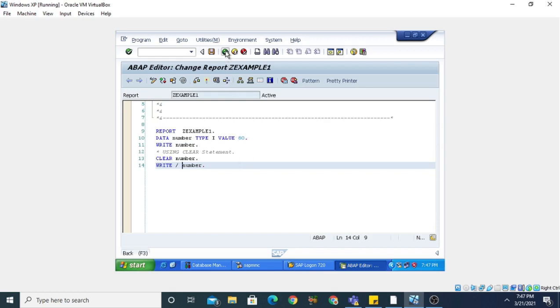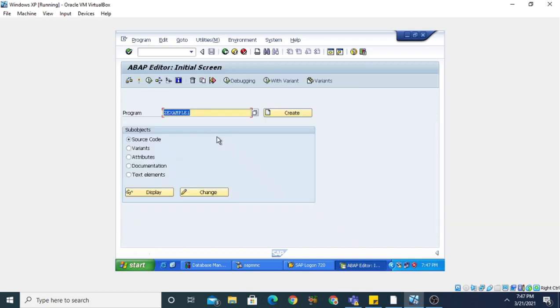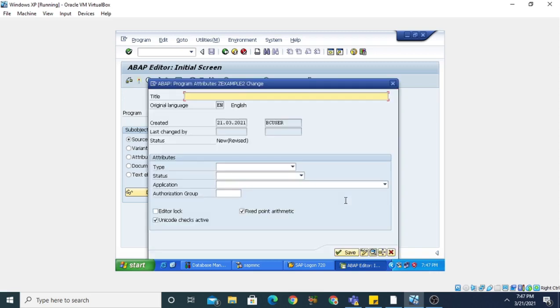Now we are going to create another example program using the if else if statement. I'm just giving the name Z example2 and then clicking on the create button. Generally we have two types of conditional constructs in ABAP. The first one is if else if, and the second is case when.